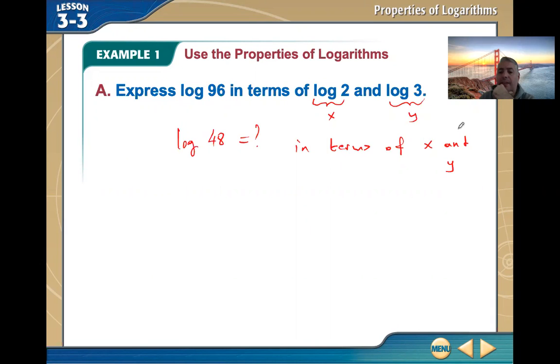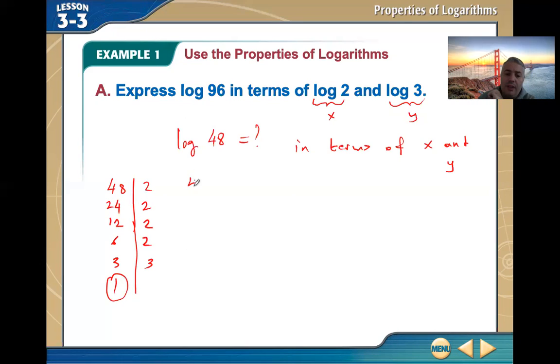Okay, let me explain. Shaza, please have a look. 48 is divided by 2, 24. When we get 1, that means it is finished. So 48 is equal to 2 to the power of 4 times 3. So if I take the logarithm of 2 to the power of 4 times 3, now this is equal to, be careful now,